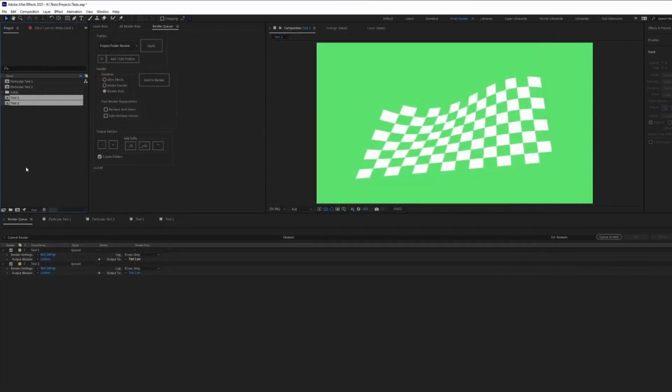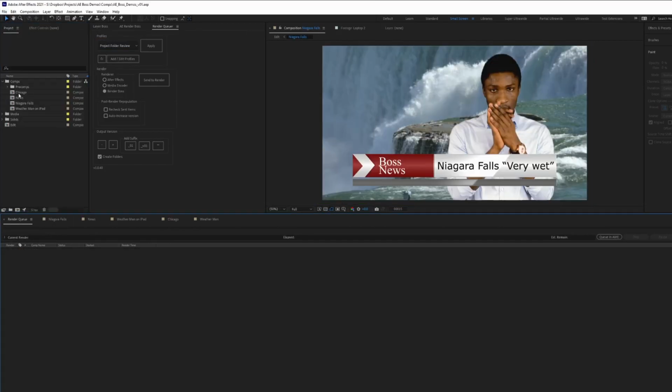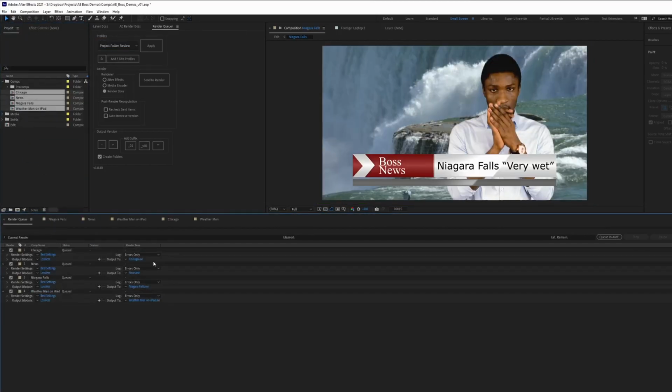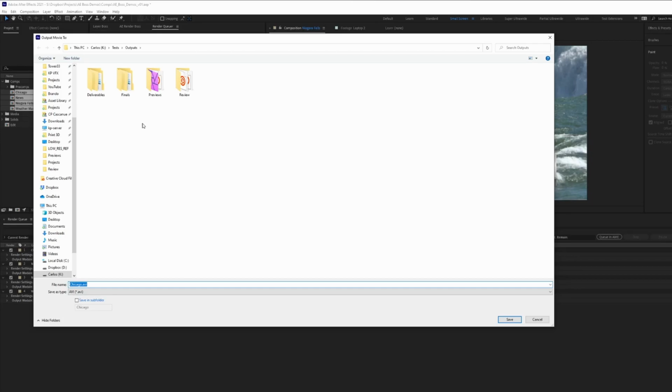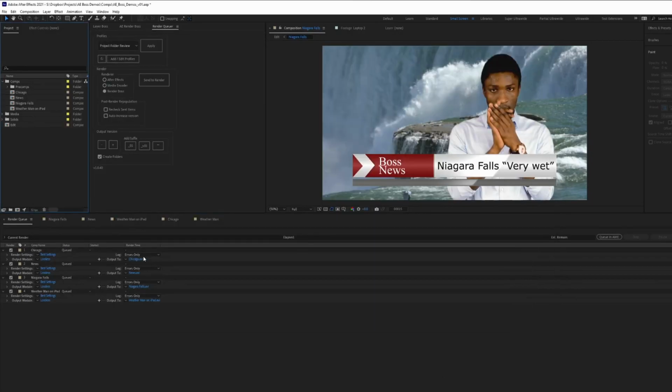when I move to the other project and I want to set a render, it defaults to the folder I was just using, which is the one for the other project. So now that means I have to navigate to the correct drive, find the right folder, and type the right name. And this has been an actual issue because not only, well, it's annoying, but in my case, for example,